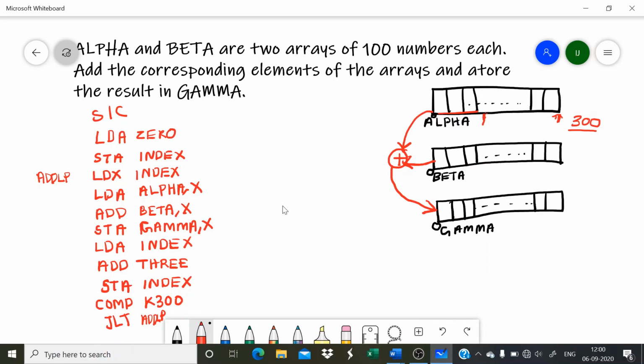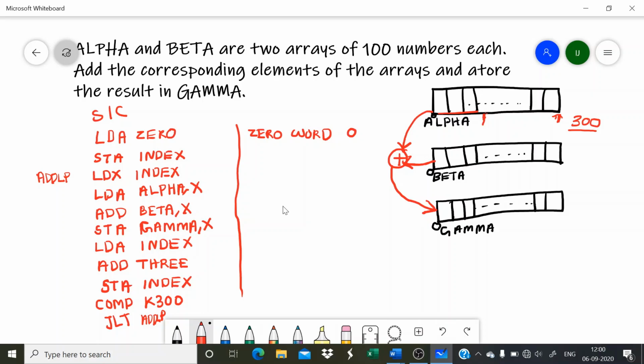Now we have to declare whatever variables or constants we have used in this program. Here, as a continuation of this program, I will write the declarations. What are the variables used in the program? First we can see 0. 0 is a constant, an integer constant. So how will I declare this? 0 WORD. Constants again I declare using WORD.